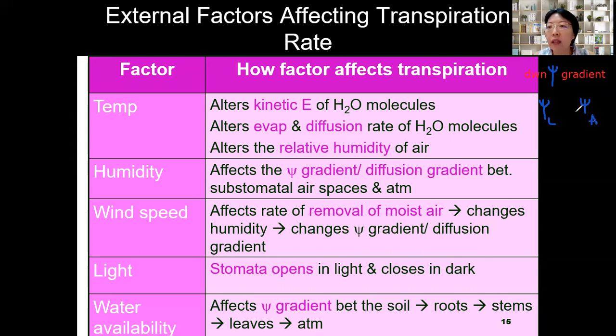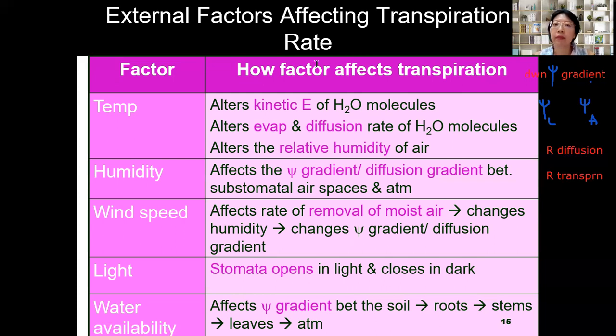Okay, so when the difference between the two is higher, then of course the water potential gradient between the two becomes higher. So therefore the rate of diffusion becomes higher. So therefore the rate of transpiration